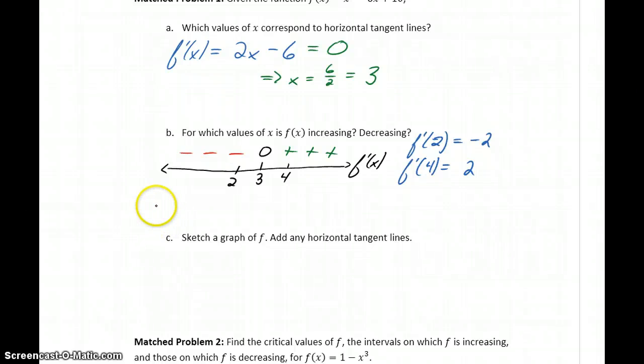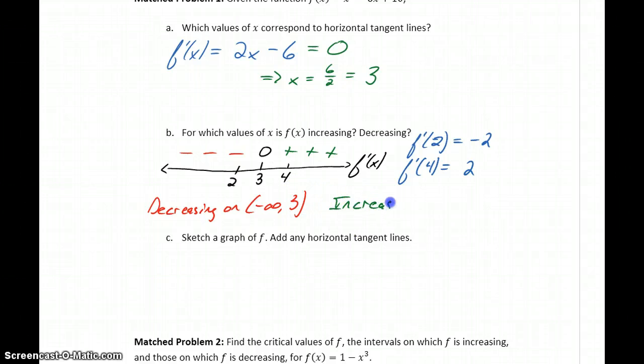So what this tells us is that our function is decreasing on negative infinity to 3 and increasing on 3 to infinity. So again, we were able to come up with this information without actually graphing our function